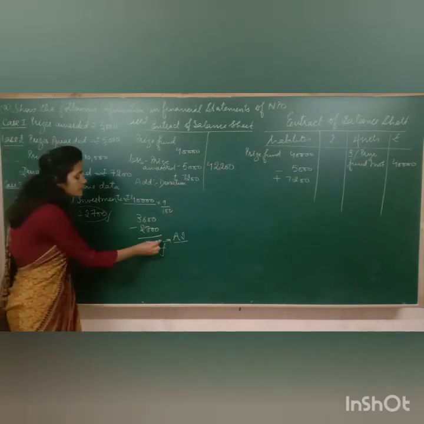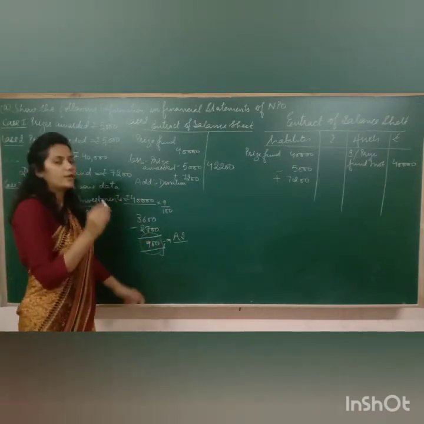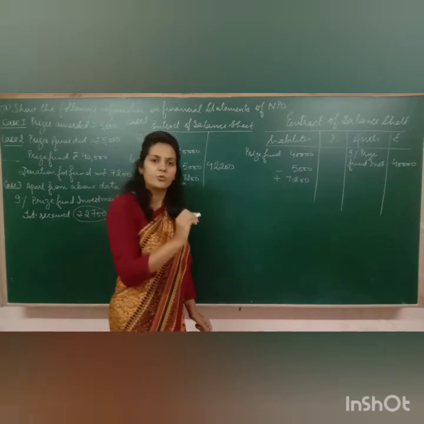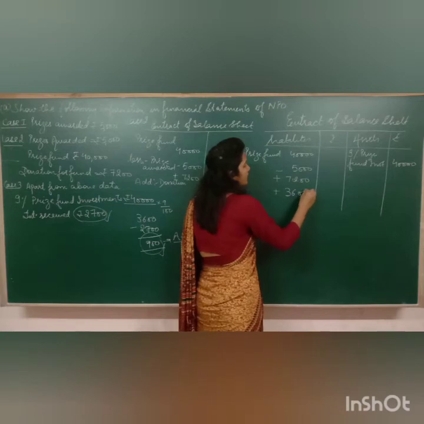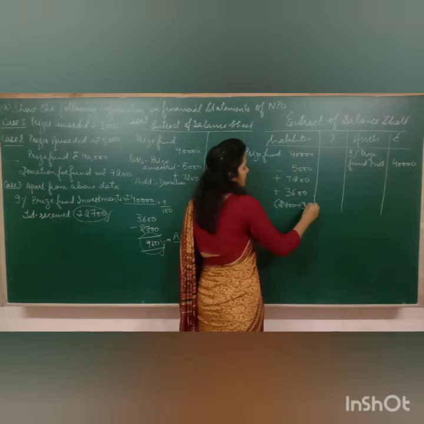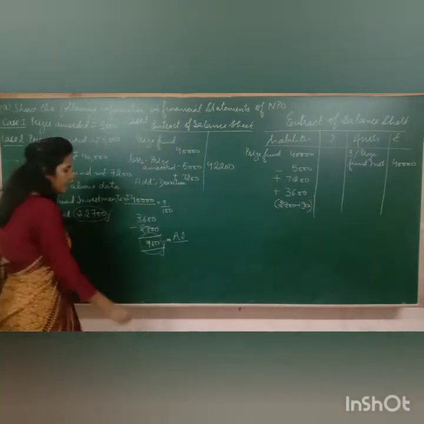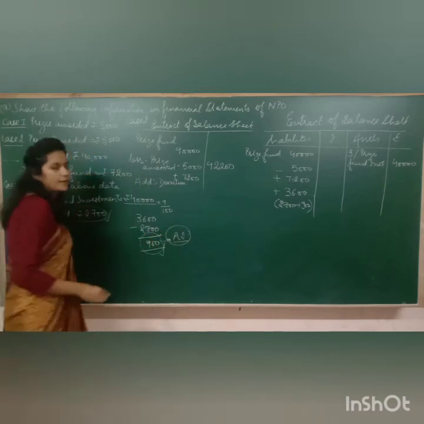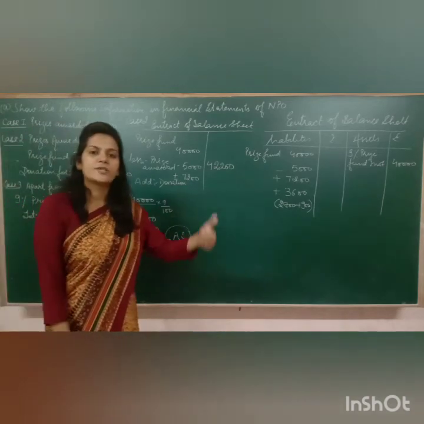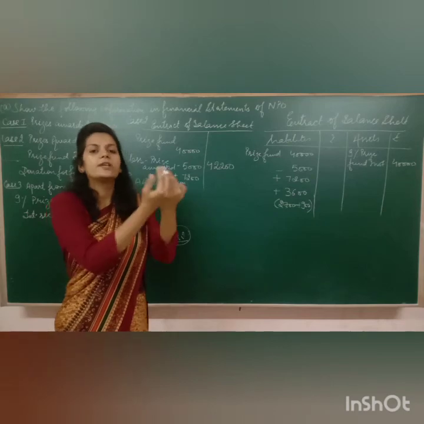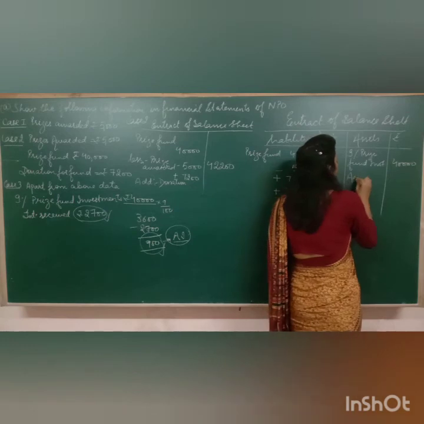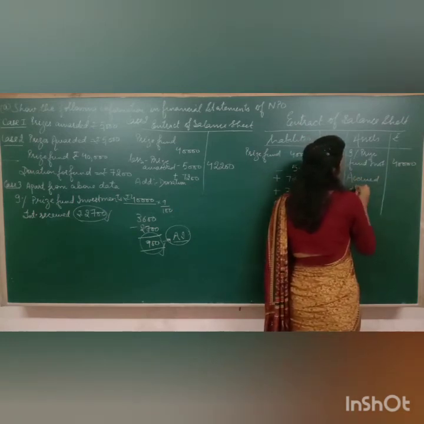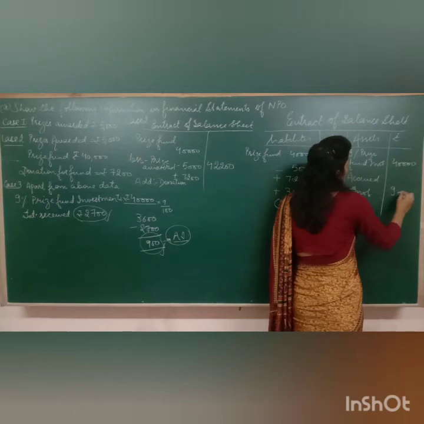But this interest of 900, no doubt you have not received this interest in cash, but as per accrual basis you have to add it. So now here you are going to add rupees 3,600, which is the sum total of 2,700 plus 900, right? And now as you know that this 900 is accrued interest and all the accrued incomes are basically the incomes which we have to receive in near future. So that becomes our current assets for us. So by that rule, accrued income has to be shown on asset side of the balance sheet as well.